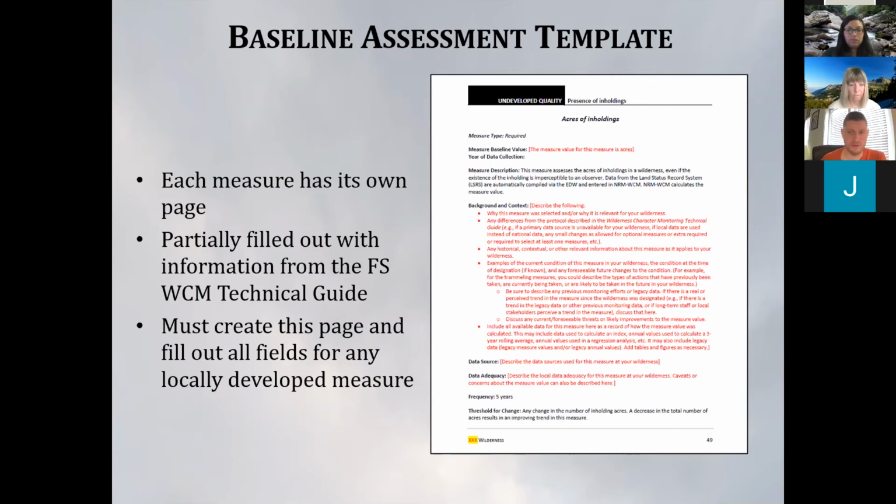So a little confusing. I'll be saying this a lot, but always feel free to reach out to the central team to go through these kind of confusing parts. That's one where the years are going to be a little different. But just think of the measure in itself. If you're only thinking about acres of inholdings, and you didn't have any since 1980, you would write in 1980 there, or